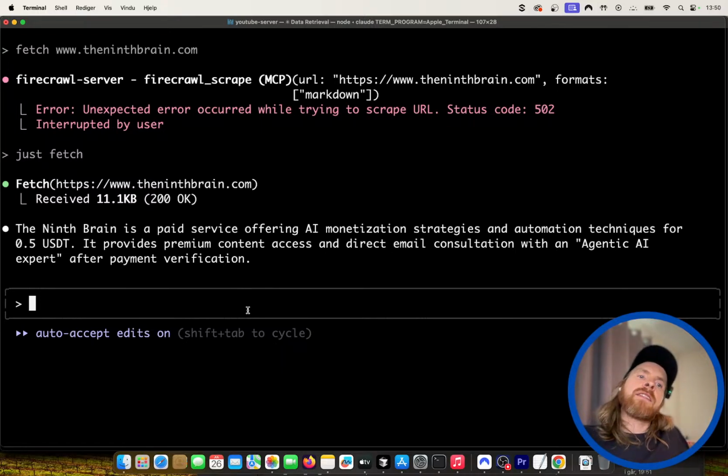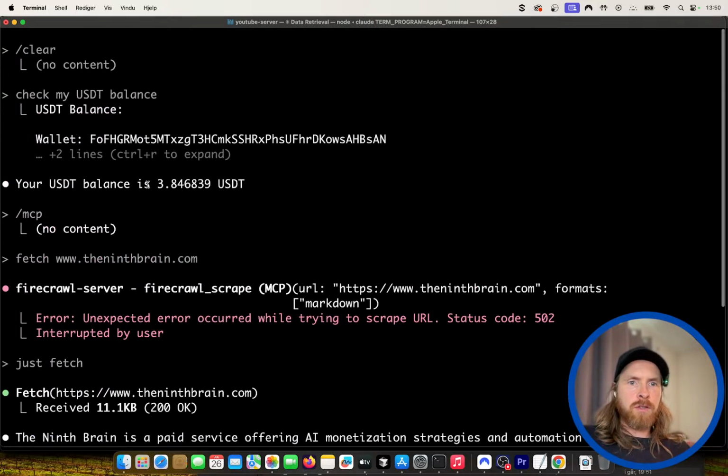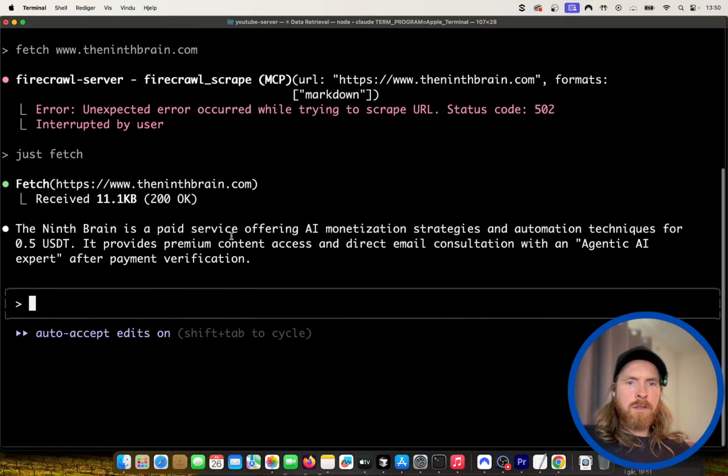I think the best way is maybe using something like stablecoins, USDT. So I have set up a paid service where the agent can send 0.5 USDT and it will get access to premium content on my website. So basically it's more data.